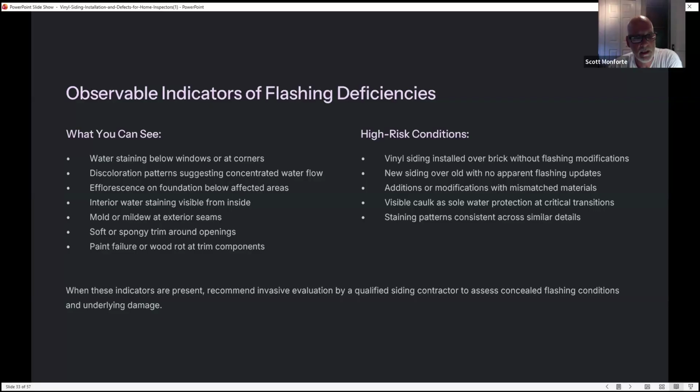High risk conditions. Vinyl siding installed over brick without flashing modifications. New siding over old with no apparent flashing updates. Additions or modifications with mismatched materials, different types of siding, and that can create a problem. Visible caulk as sole protection at critical transition points. Staining patterns consistent across similar details. When these indications are present, recommend invasive evaluation by a qualified